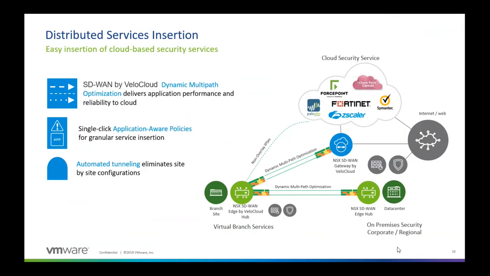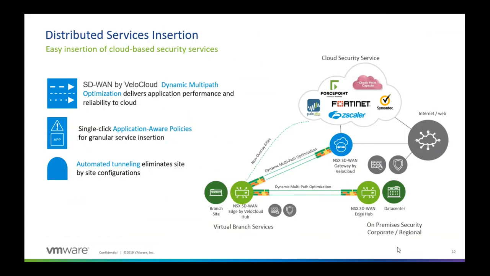Earlier, we spoke about the services insertion. So this is the cloud security service, a snapshot of some of the vendors that we work with today. There will be more added as and when we see the requirement to do that. So Zscaler is widely used alongside VeloCloud. We have a number of deployments. Same thing with Checkpoint. Checkpoint CloudGuard Edge is very popular when deploying VeloCloud as well, because all of these services